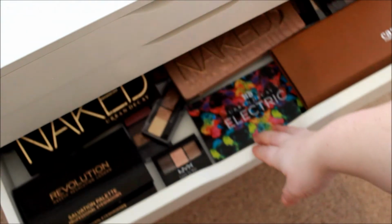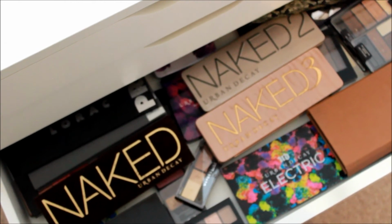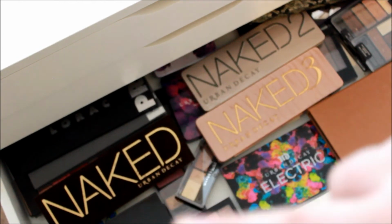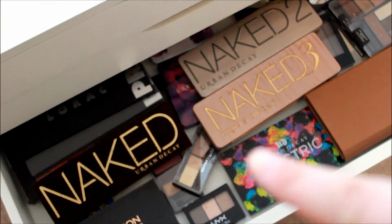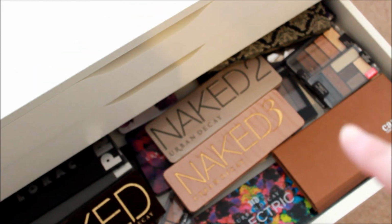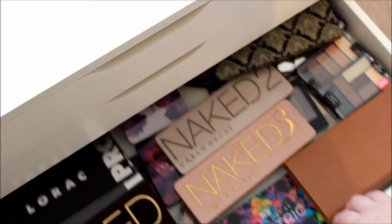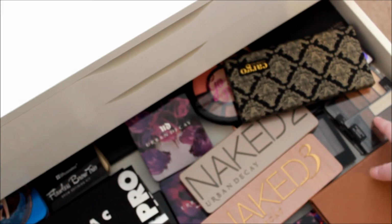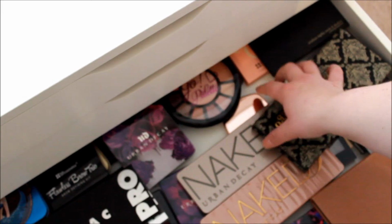So the next drawer down is my palette drawer. So I've got lots of Urban Decay, Lorac, or Lorac, however you pronounce it, Makeup Revolution, Cargo, what are these called? I'm forgetting because I'm thinking of so many brands. I've got another Cargo palette at the back, Wet n Wild, my Go palette, Sleek, Bare Minerals, BH Cosmetics, and then I have these like little, you know,